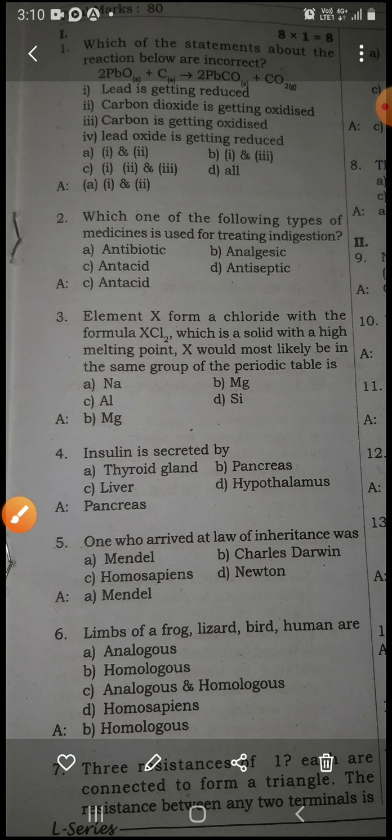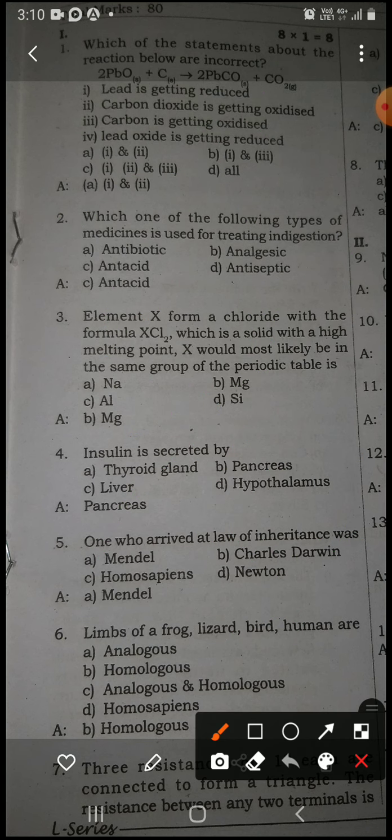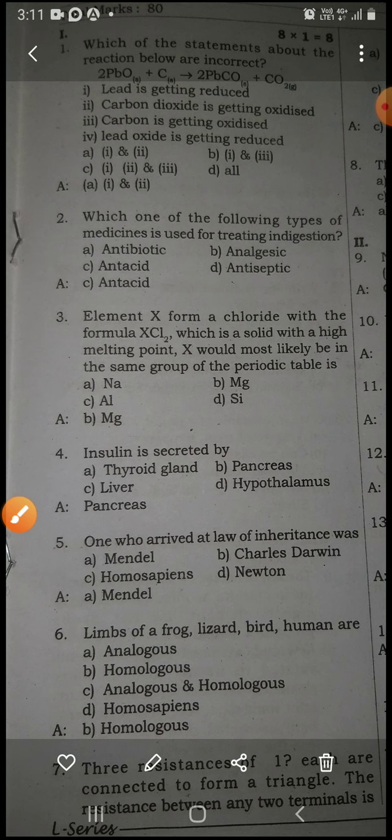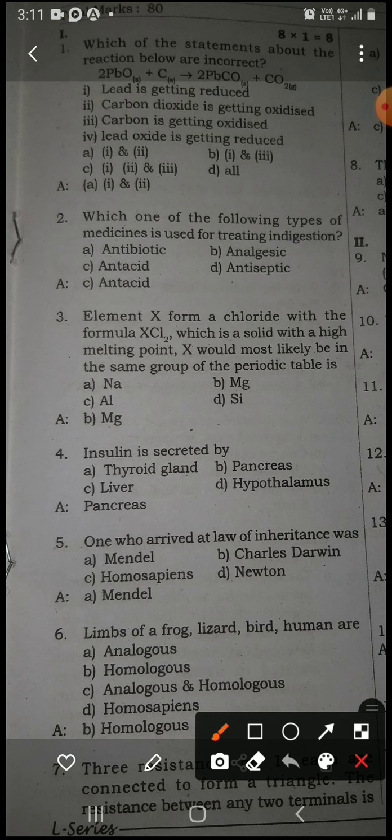But here there is no option for that. Here one option is right, whether you are right or wrong. In this, for all the answers, you may get 1 mark or you may get 0 marks. And remember that in the MCQ questions, multiple choice questions, there won't be any 2 mark, 3 mark, 4 mark and 5 mark questions. All questions are only 1 mark. And you know that this time for each subject you will get only 40 marks.